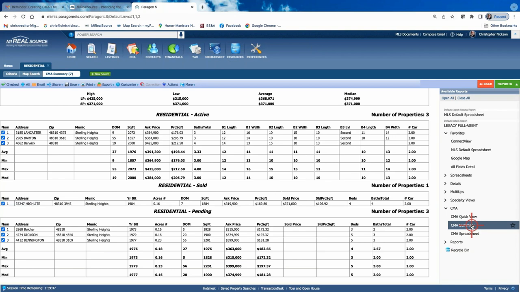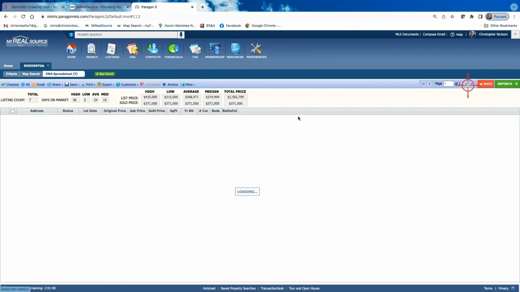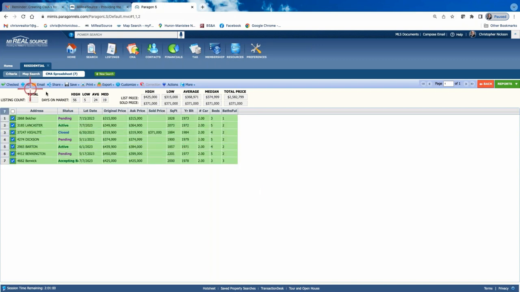for it other than just working with a potential buyer. So that's the first report. It's the CMA summary. It's the one I use quite a bit. And it's directly through Paragon by doing your search, selecting your items, and then you don't have to do any more steps other than just come over here to where, once you're in this sheet, the main page,